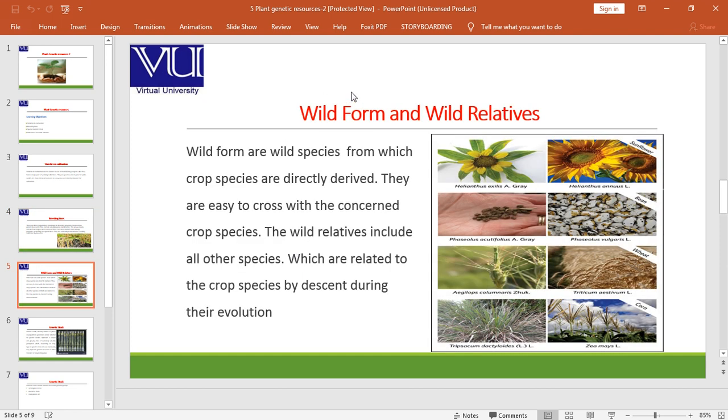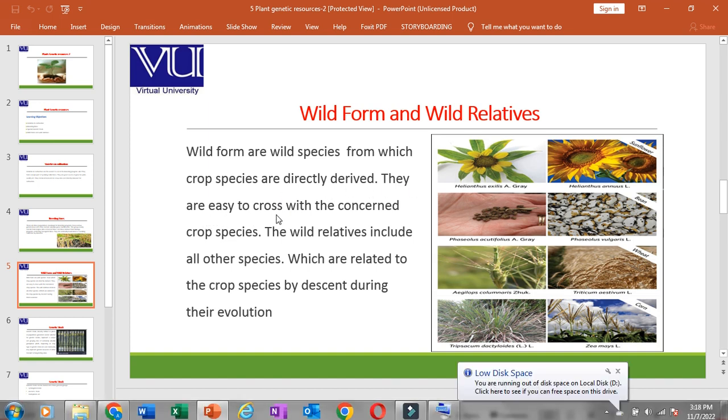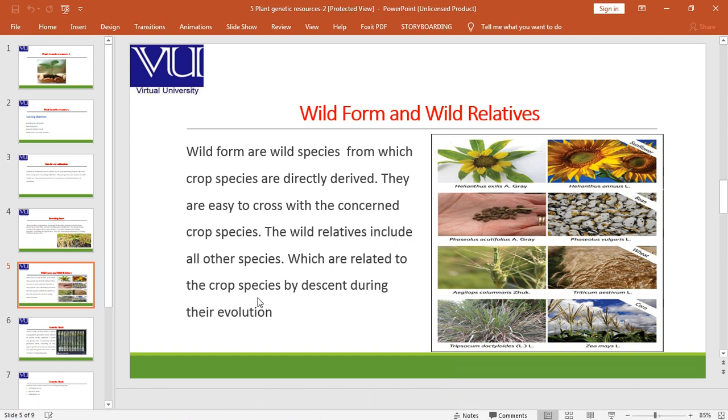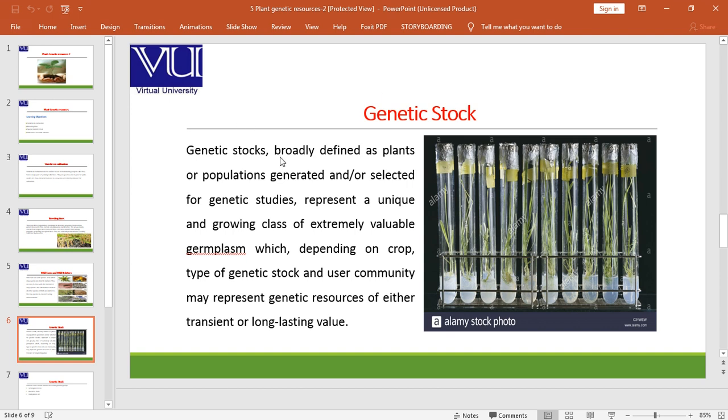Then, wild forms and wild relatives. Wild forms are from wild species from which crop species are directly derived. They are easy to cross with the concerned crop species. The wild relatives include all other species which are related to the crop species by descent during their evolution. After that we have genetic stocks, broadly defined as plants and populations generated and or selected